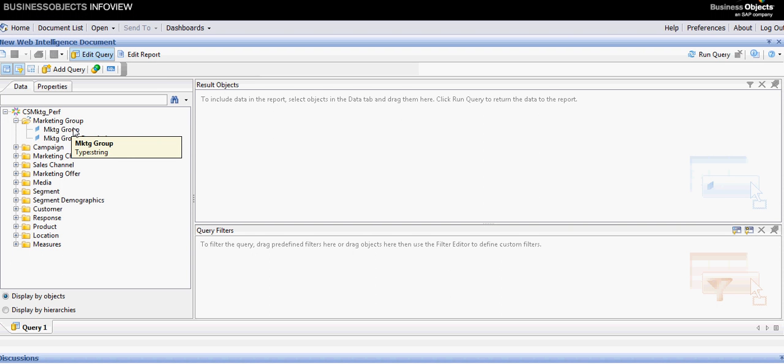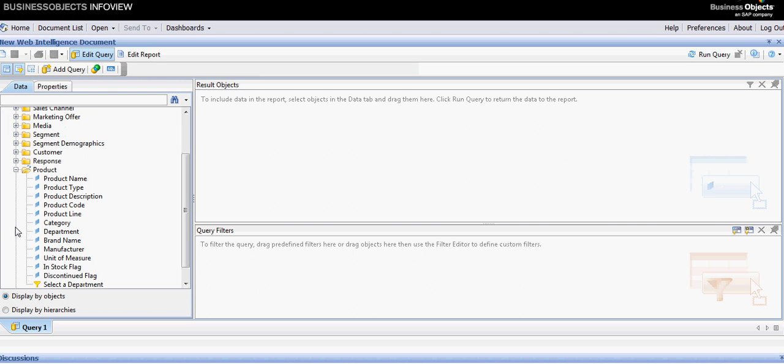So through web intelligence we're having a look at a universe, and what these objects and classes do is they represent tables and columns within the data warehouse, but in a user-friendly way. So let's say for instance that I went to the product class, click on product, and you see what happens. I have a series of objects which are actually tables in my data warehouse. Now if I